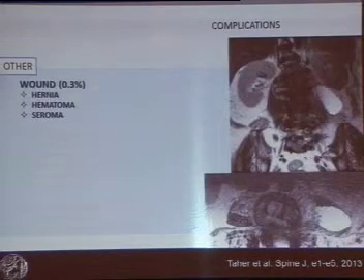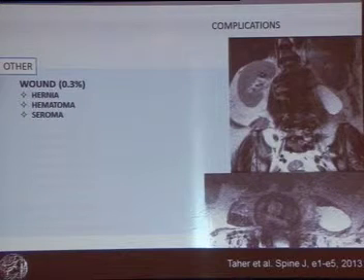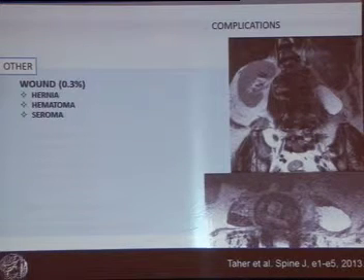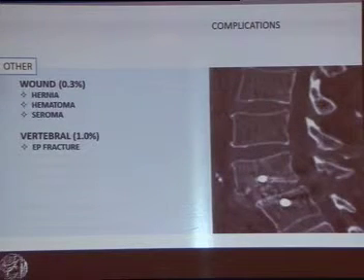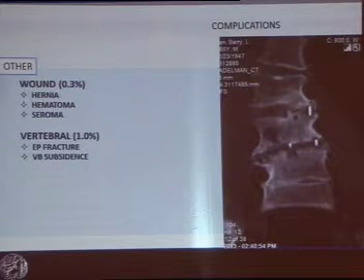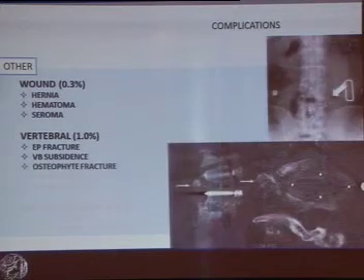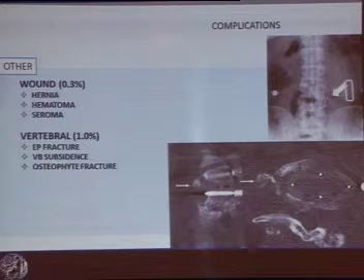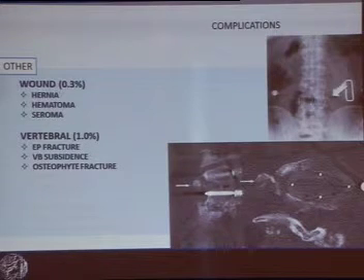Less common complications after ELIF include abdominal wall hernia, postoperative hematoma, psoas muscle seroma formation, which has been associated with the use of BMP2, end plate fracture during aggressive discectomy in osteoporotic patients, vertebral body subsidence and subsequent loss of the interbody height, and recurrence of the spinal deformity or stenosis, fracture of the osteophyte during release of the contralateral annulus, which in rare cases may result in contralateral nerve root compression,